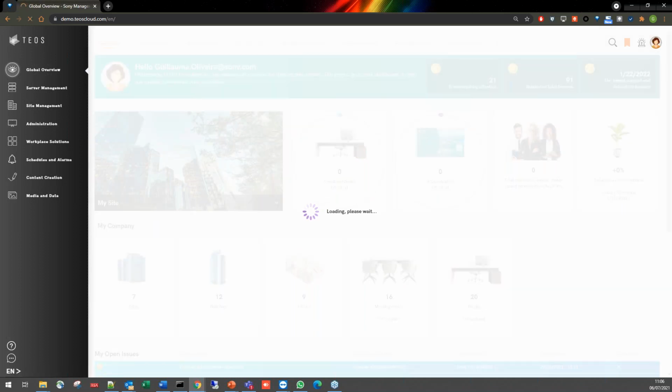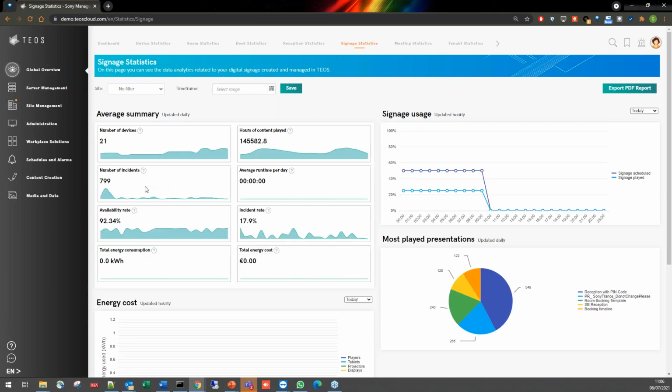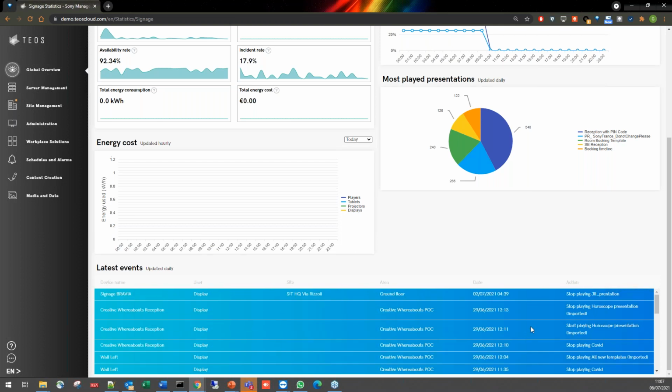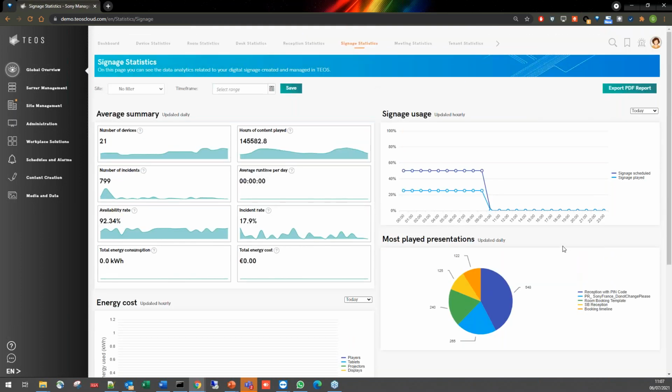And in terms of analytics, because we'll go quickly in the analytics part, you can get also some top level information updated daily for most of them, where you get the number of devices used, the number of hours of content that is played, the number of incidents if you had, so basically a device that gets disconnected, etc. So all this information that is gathered automatically by Tios. You can see also the latest 25 events explaining when content starts to be played, when the content stops to be played, and there is even more data in terms of analytics that can be really useful.